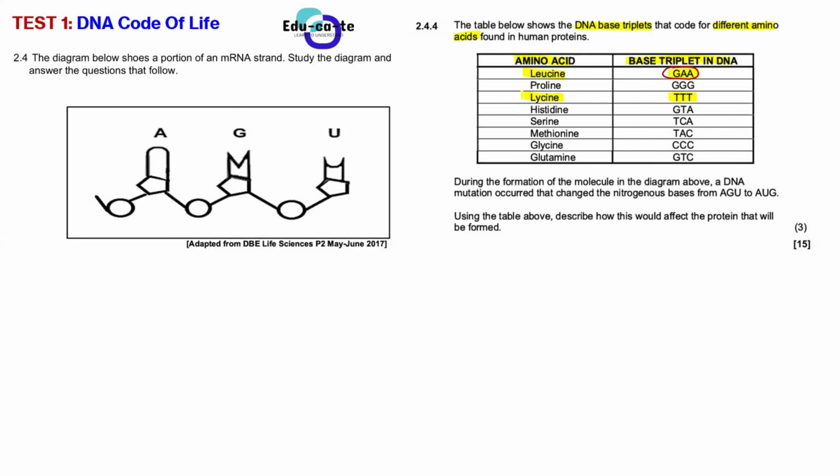Yes, sir. Let's just do one more example. For example, the last base triplet, GTC. So this GTC on a DNA strand will first produce a codon, and that codon will look for an anticodon on a tRNA molecule that contains glutamine as the amino acid. Are you guys really getting the sense here? Yes, sir. So what does this have to do with mutations?